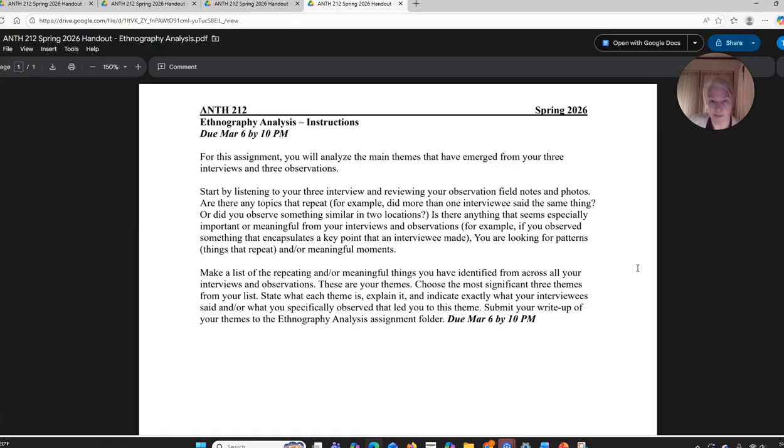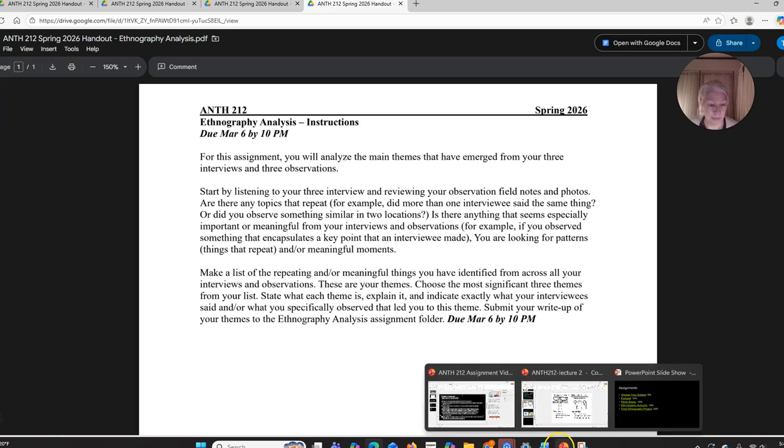So I want you to do both those things. List your 3 themes, explain them, and then give me some examples. Like, the reason I found this theme is because interviewee X said this, I observed this, interviewee Y said this other thing that seems related, whatever it might be. Just a few little pieces of evidence that you're going to attach. This does not need to be a lengthy discussion. Again, I think the whole thing will be less than a page. But connect the broader concept or theme to the specific evidence that you collected, okay? All right, so that's your